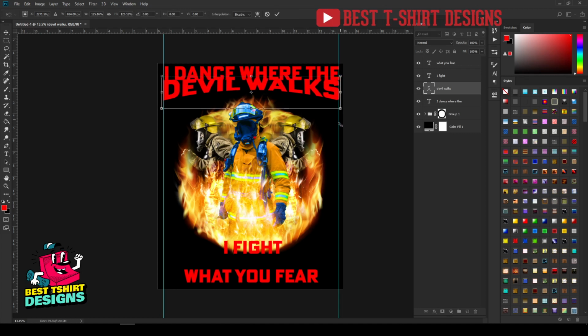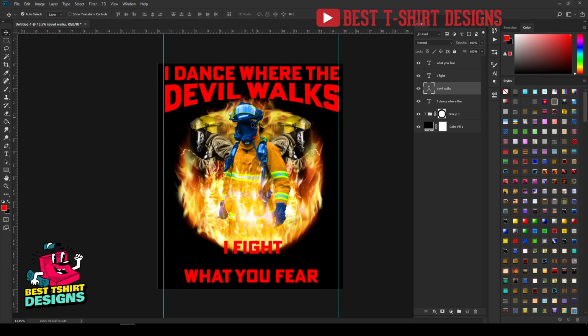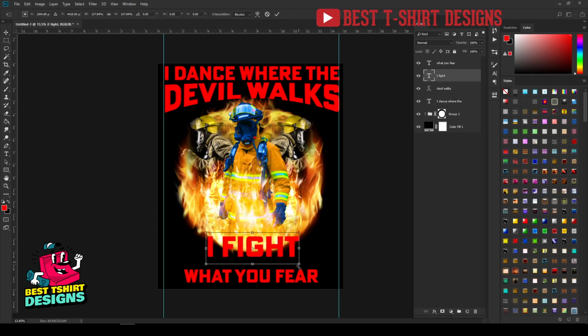So something like this. Don't worry, just keep some space between the text. So maybe it is a bit outside, and then I can simply make it a bit wider by stretching the text. Don't worry about that. So that is how it is looking right now. "I fight," this text, I want to make it a bit bigger because there is space in my design.